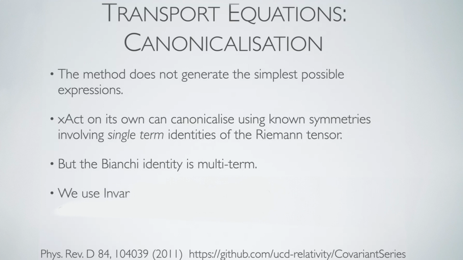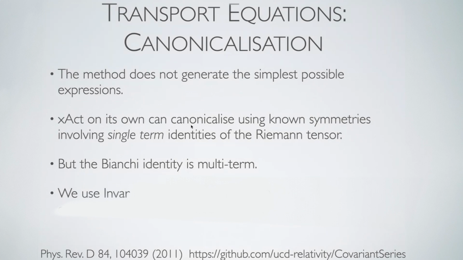So not only is it not small and compact and easy to put into a paper, it's also very difficult to check if it agrees with someone else's calculation of the same thing. So this is where xAct came in for the second time in this project. We used it to take the expressions that were generated by this covariant series package and canonicalize them. Now, xAct on its own